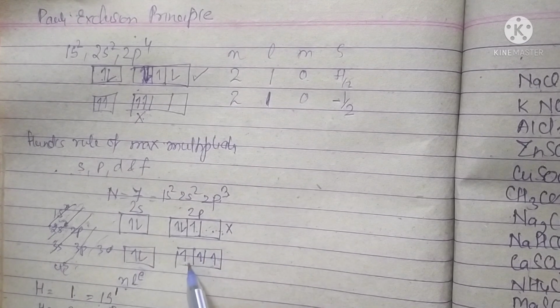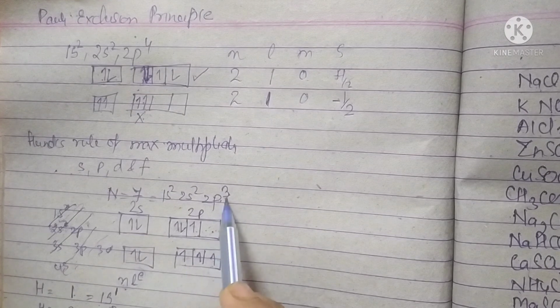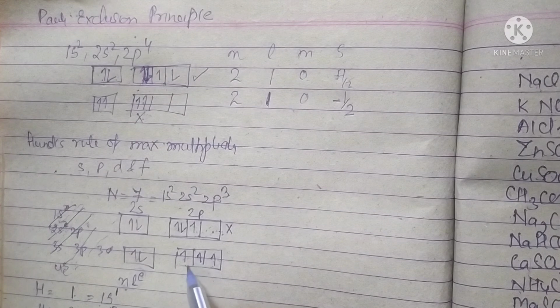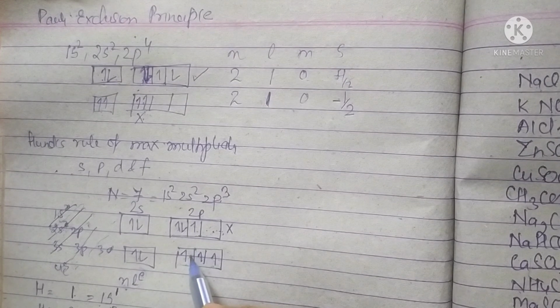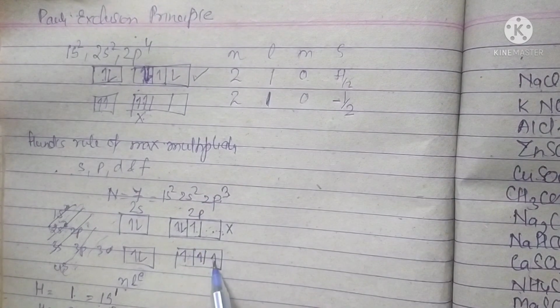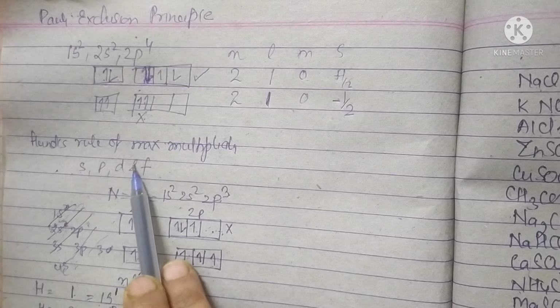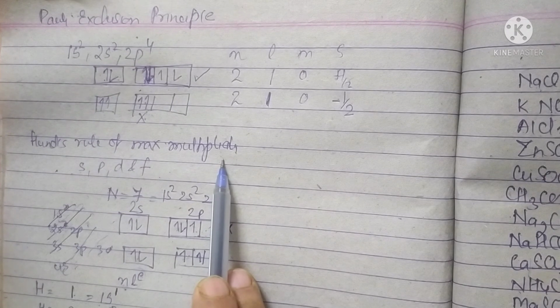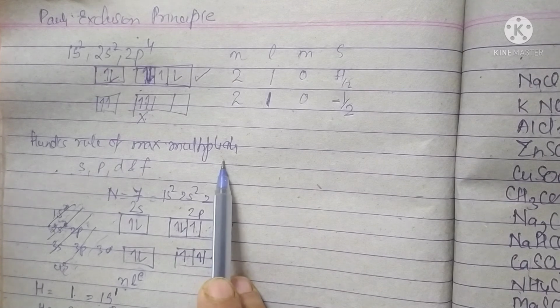So if we want to write the electronic configuration of oxygen, that is 2p4, first the electrons will go into each orbital. After that, pairing of the 2p4 electrons will take place. You can place the extra electron in an orbital with opposite spin. Opposite spin is according to the Pauli exclusion principle, and filling singly first and then pairing is in accordance with Hund's rule of maximum multiplicity. So these are the 4 rules which are to be followed while writing the electronic configuration of any element.